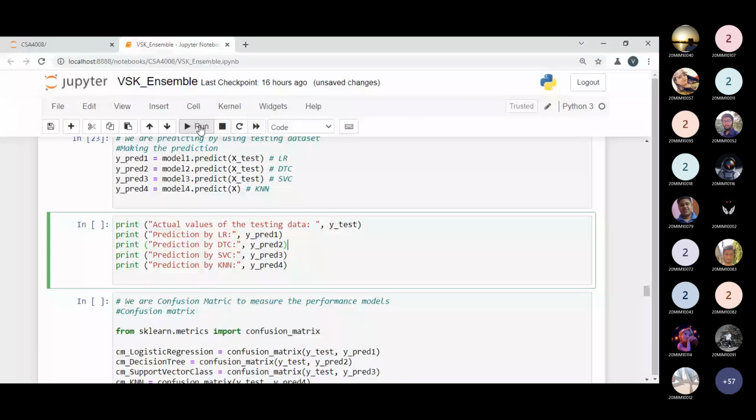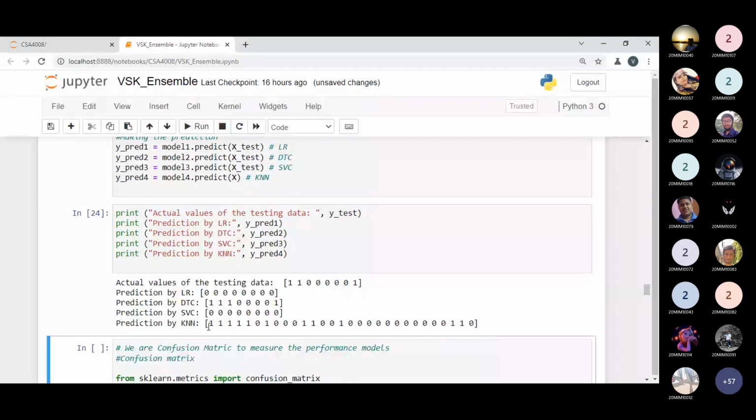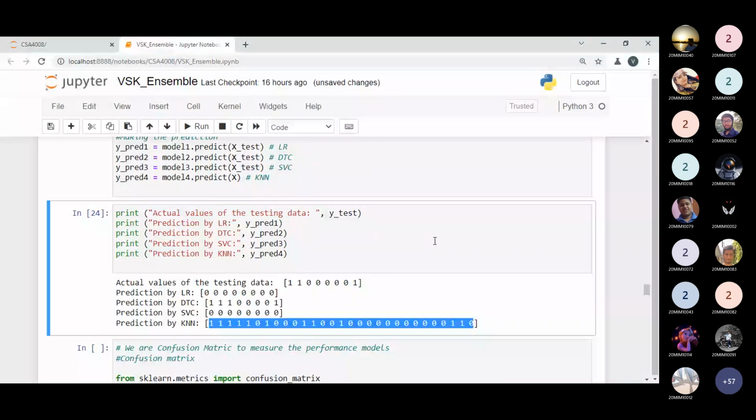So you can see that KNN is not displaying a limited amount of data for the testing. Why? Because it works with the entire data set. So no testing is required over here. But if you want to check your KNN model with the X test, you can also test. But testing data is not applicable in our KNN model, so we will not pass the X test. But if you want to pass it, you can, and your model will give you some result. You will not have any kind of error. But that is the beauty of the KNN algorithm.